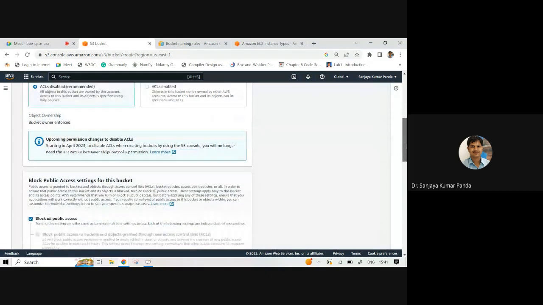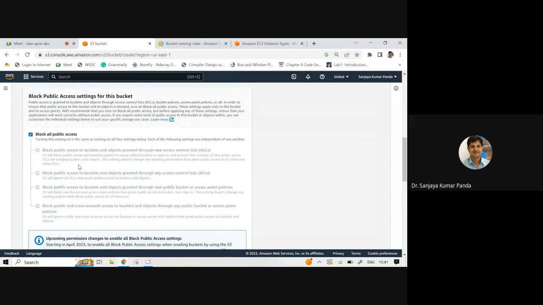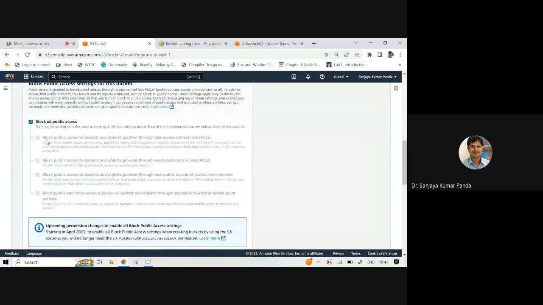Now it is asking for the block public access settings for this bucket. Initially, all the public access is blocked. Again, you can see there are certain policies, like block public access to buckets and objects granted through new access control lists, or block public access to buckets and objects granted through any access control lists.